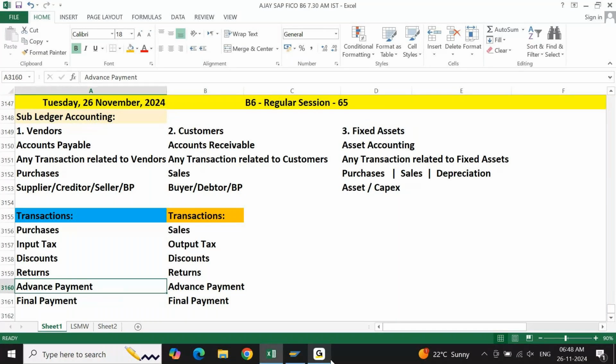Now these transactions slowly we need to understand. Okay. And next point, what we will do is,